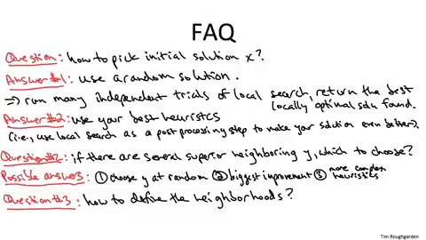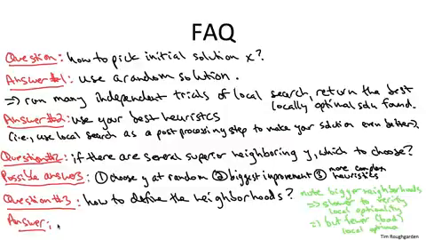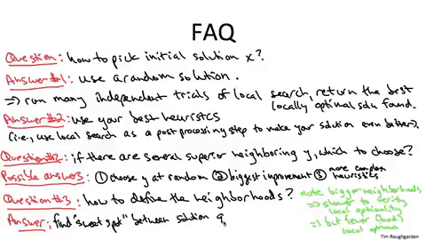If you care about solution quality a lot and you're willing to either wait or throw a lot of hardware at the problem, that suggests using bigger neighborhoods. They're slower to search, but you're likely to get a better solution at the end of the day. If you really want something quick and dirty, you want it to be fast, you don't care that much about the solution quality, that suggests using simpler, smaller neighborhoods that are fast to search, knowing that some of the local optima you might get might not be very good.